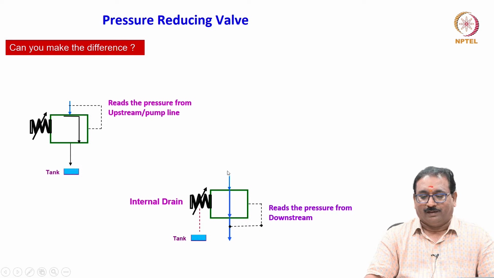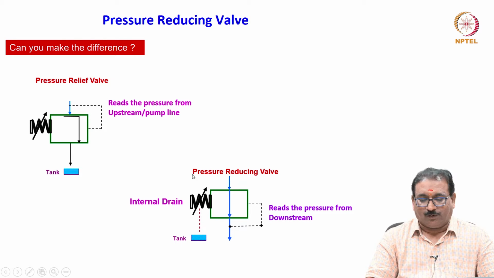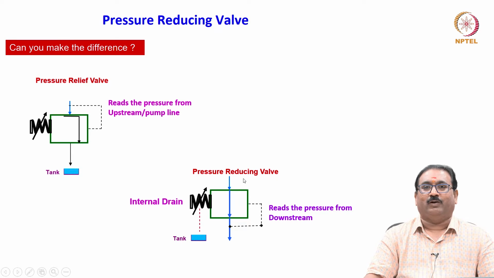Also you will remember both ends are subjected to the pressure differential always. Always oil will leak. That is what you call internal drain. That is why it is having one more drain line connected to the tank during the operation also. This happens due to the delta P at the valve. This is known as pressure reducing valve.